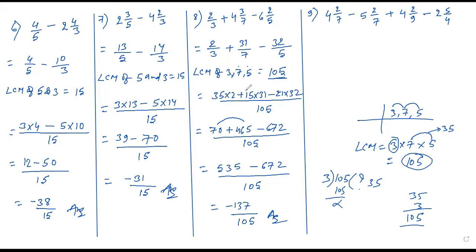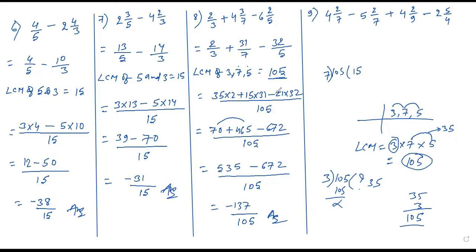Now here plus. Now 7 how many is 105? Don't take this 7 here. Just multiply the remaining values, which are 3 and 5. 3 5 is 15. So when you divide 105 by 7, you will get 15 directly. So 15 into 31.